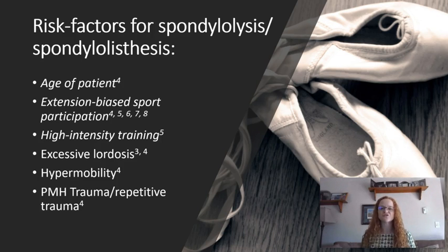So let's talk about risk factors for spondies for a second. The top one is age. Adolescents are at a much higher risk of spondylolisthesis because ossification of the spine goes anterior to posterior. And the pars interarticularis may not actually be fully ossified until age 25. So adolescents are at a big high risk there. When you add participating in extension biased sports, so we're talking gymnastics, dance, figure skating, football even, especially linesmen when they're coming off the line and crashing into each other.